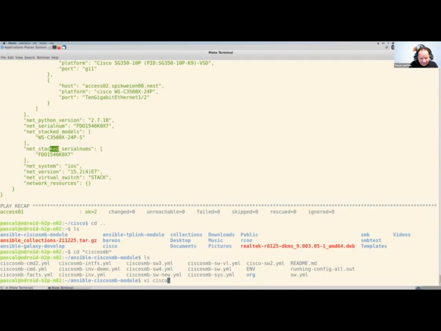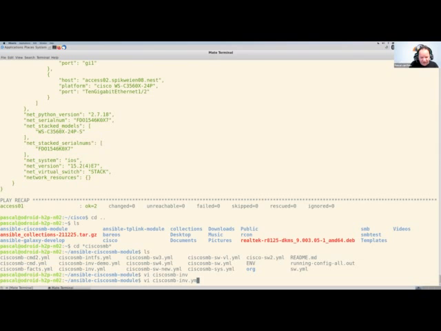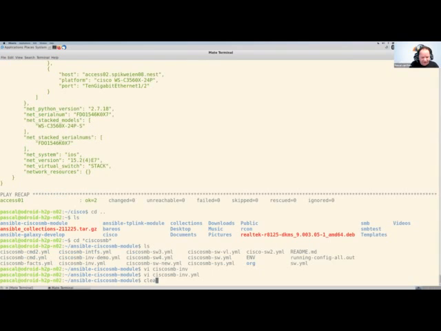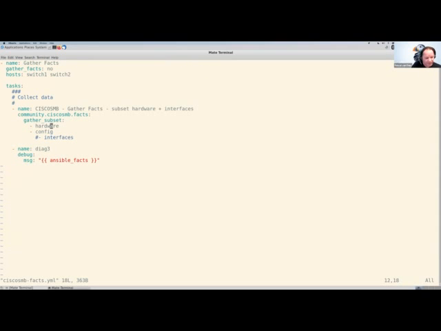So we can do that exactly for them. I'm going to show you in this case for all the three architectures that we are using. So this is the other one. This is not the one I need. This is the Cisco SMB. In fact, this one is what I need. Yes, here we have it. So it looks a lot like the other one. And here we do gather a subset. Config is giving us all the config information there is. Let me take that one out in this case and only put